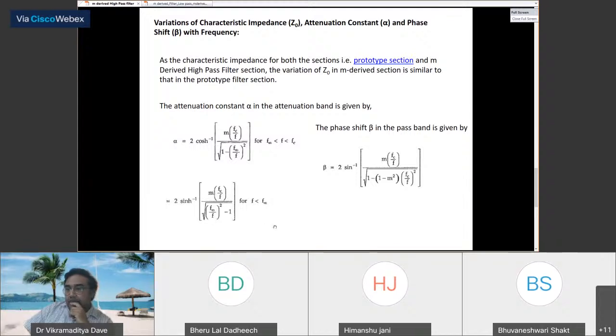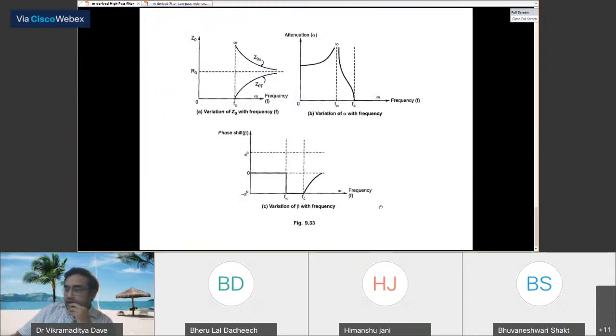Is it clear? Beta, in the case of the pass band, will always be a constant, while in the attenuation stop band, it will be like this. I can show you with the help of the diagram also how the characteristic impedance variation is the same as that of the prototype filter. However, the change is only observed in the